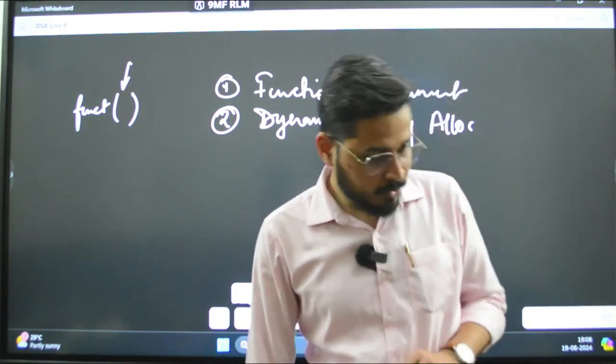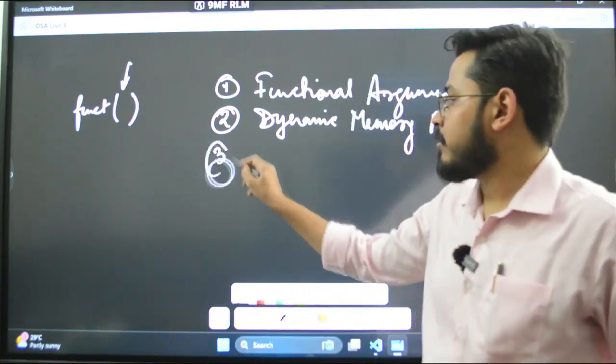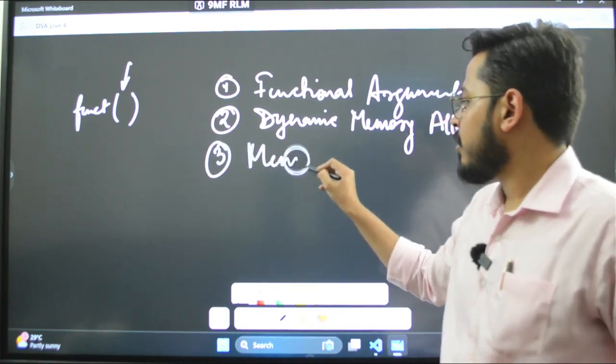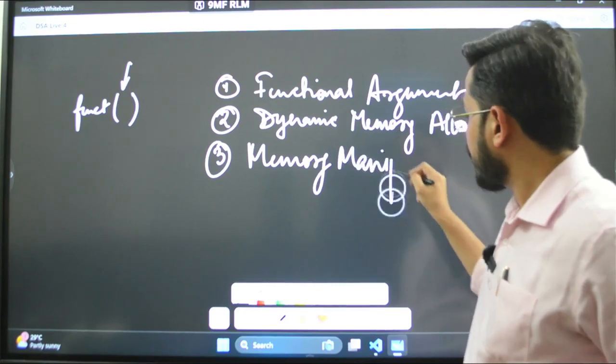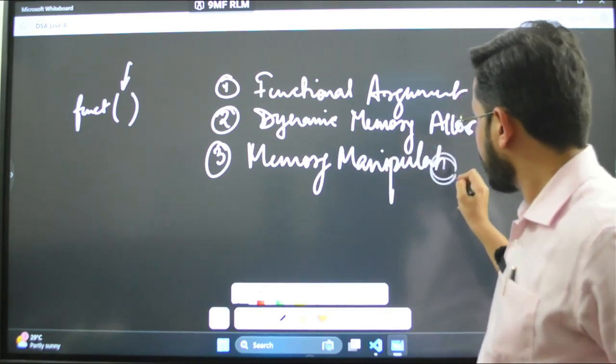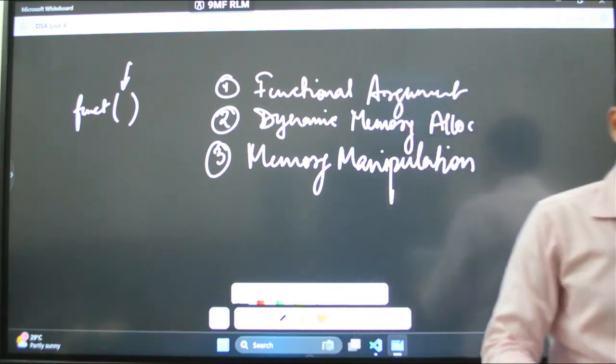Okay. The third one is going to be easy memory manipulation.